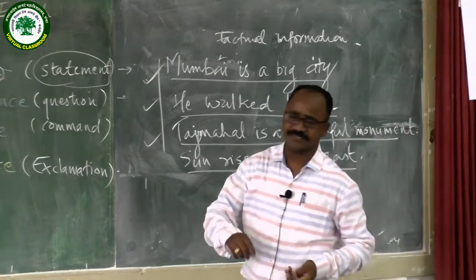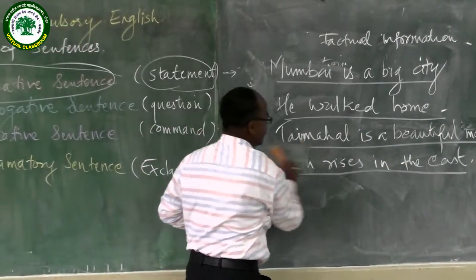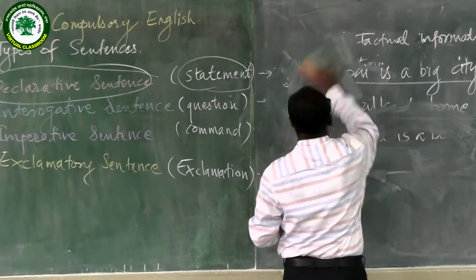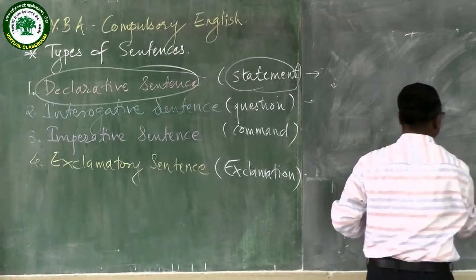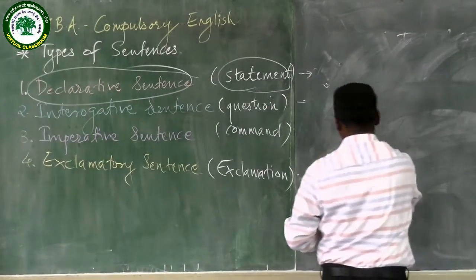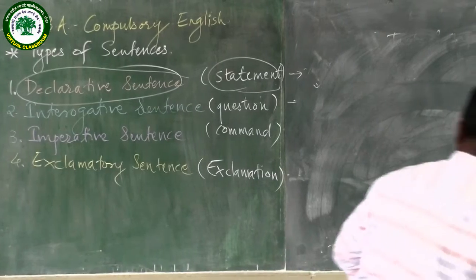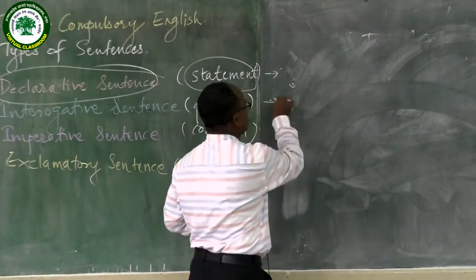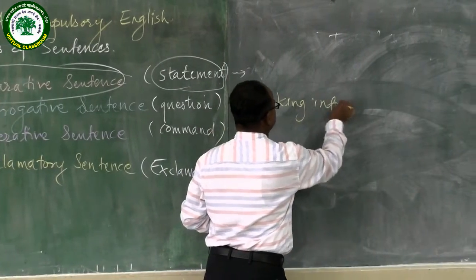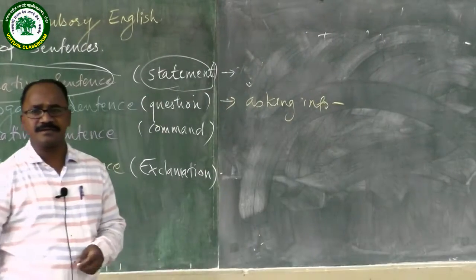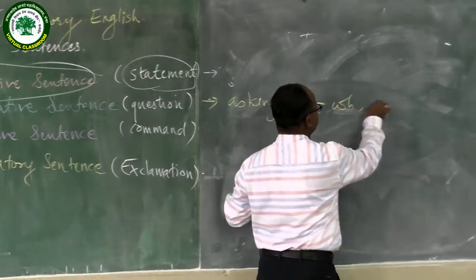So next type of sentence is interrogative sentence type. Now interrogative sentence type is a type of sentence which is used for asking questions or asking information. Now how does this sentence start? Generally these sentences are also called WH questions,